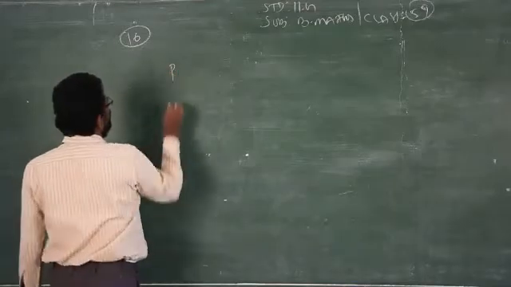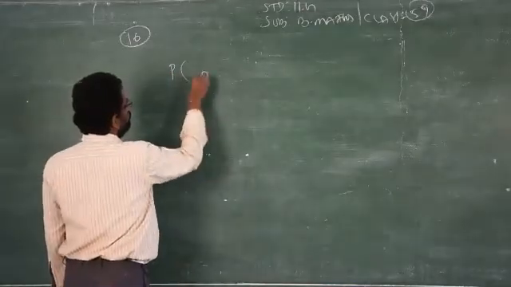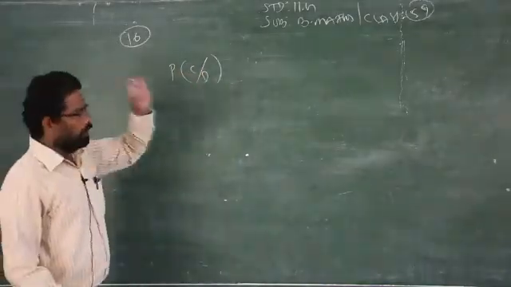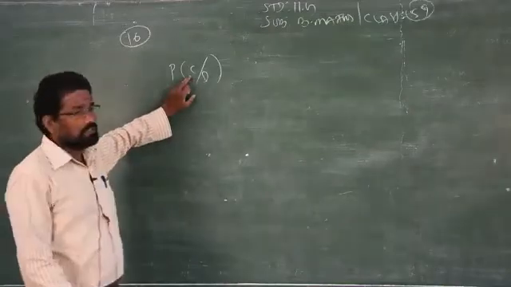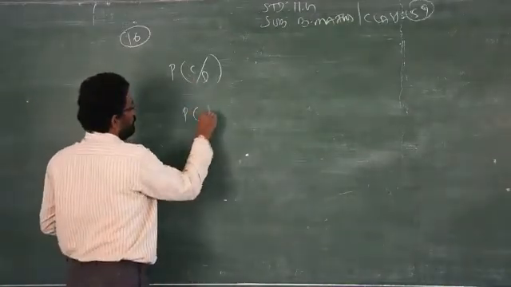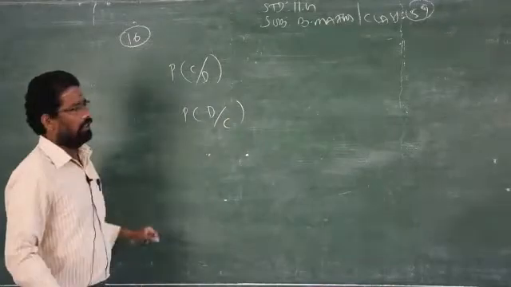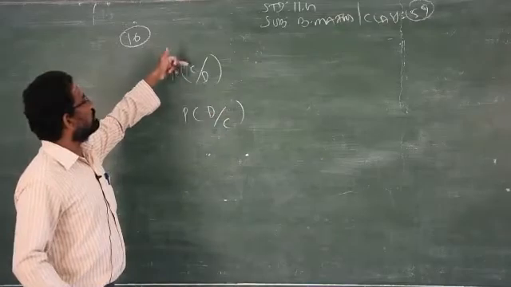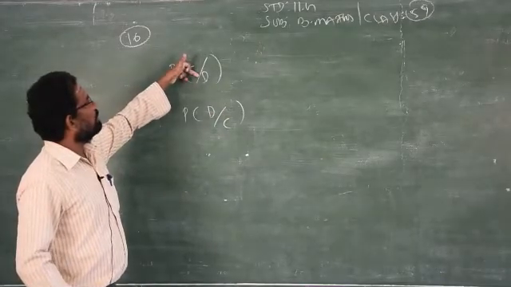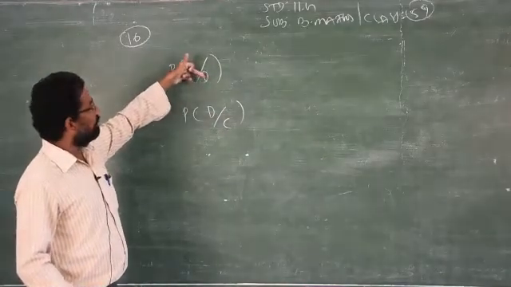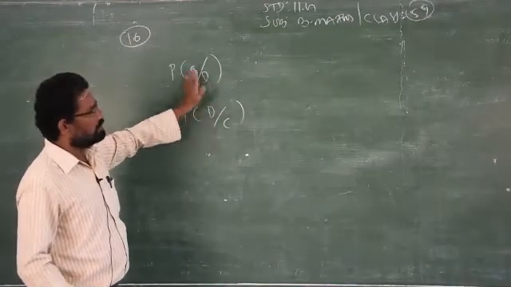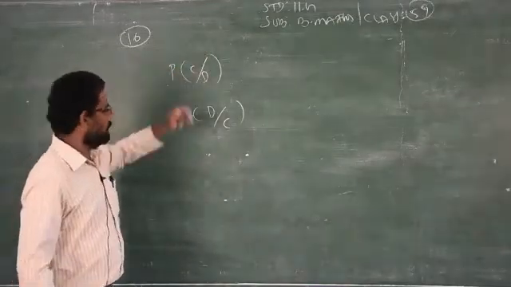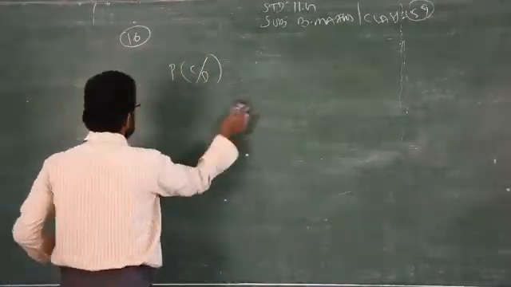You have to find out the defective. This defective should come from the machine. That's the question. You have a defective, but the defective from which machine? C machine. If I write like this, defective by C, this is something different. Here the defective is from machine C, but here machine C is taken given the defective. So don't confuse these two. Already that defective they found. That defective should be from where? C. So don't confuse these two symbols.